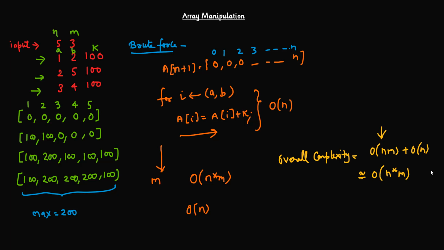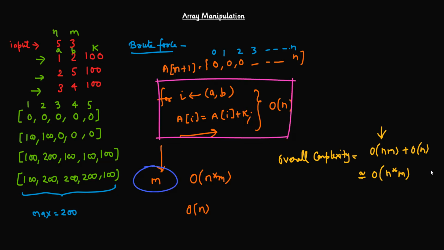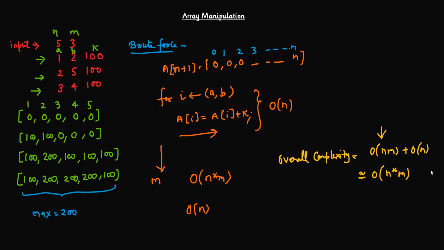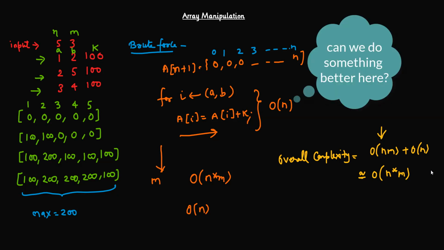So then where can we reduce? Then the second thing is this part. If you cannot reduce m, you know m will be there. Is there any chance we can reduce the O(n) time complexity to something else? Why are we getting O(n) time complexity? Because at max there's a possibility we can get a range from 0 to n or 1 to n. So we are going to end up adding k to all those elements. So can we do something better to add k to the elements between a range? Yes, we can do.